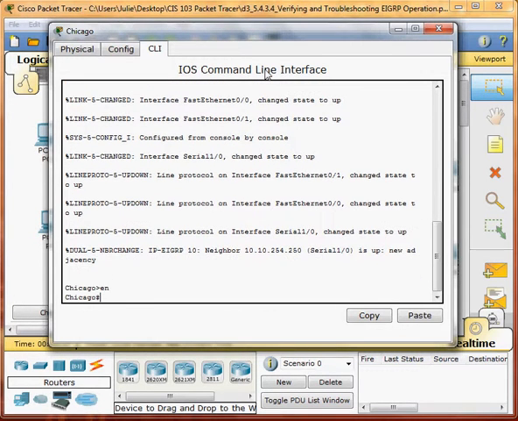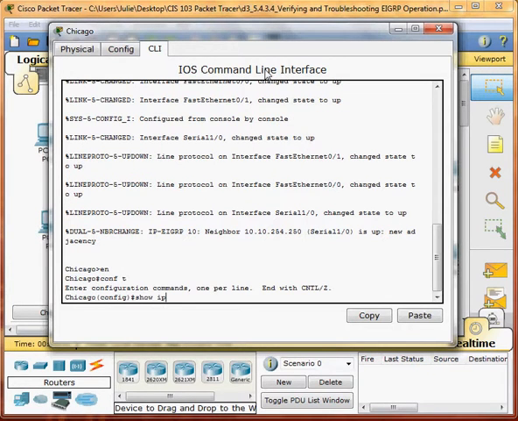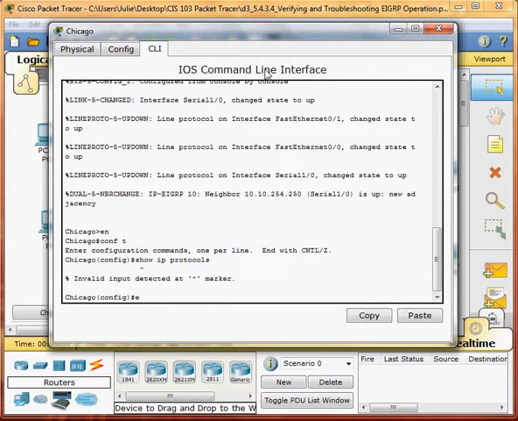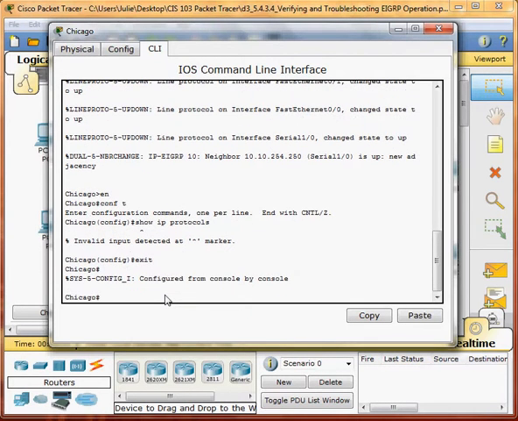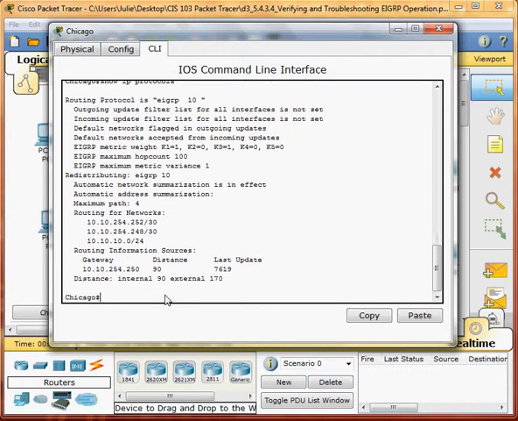And there are the protocols outgoing update job list for all individuals. Show running and save command.